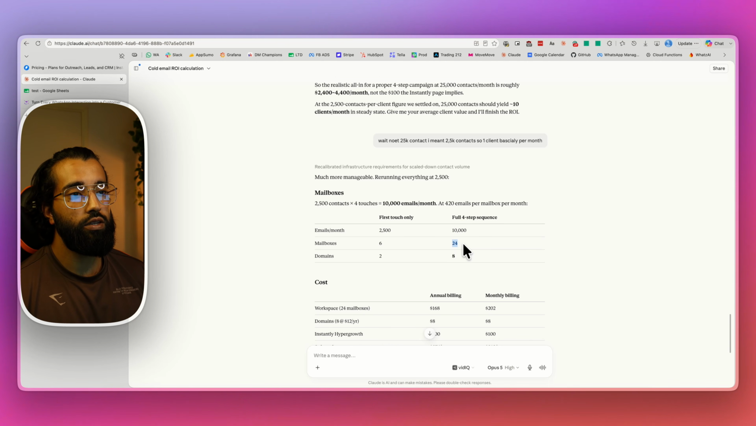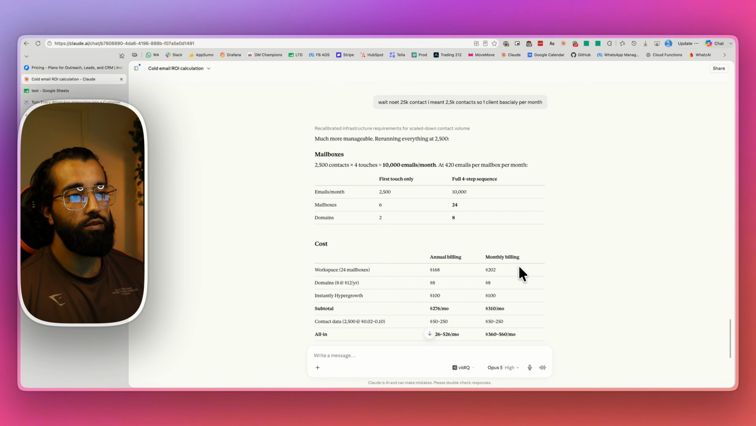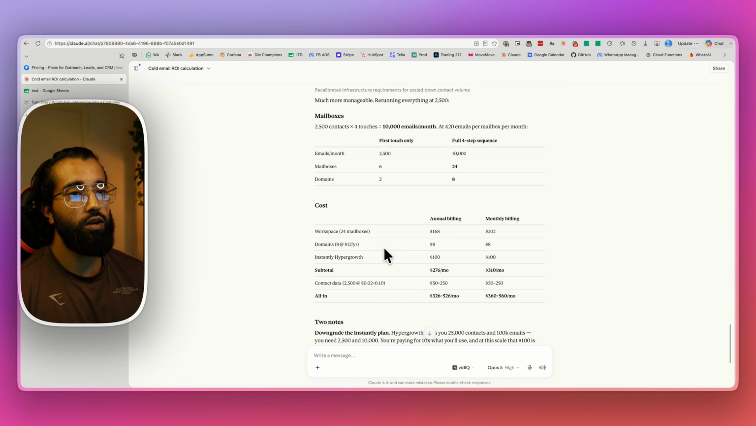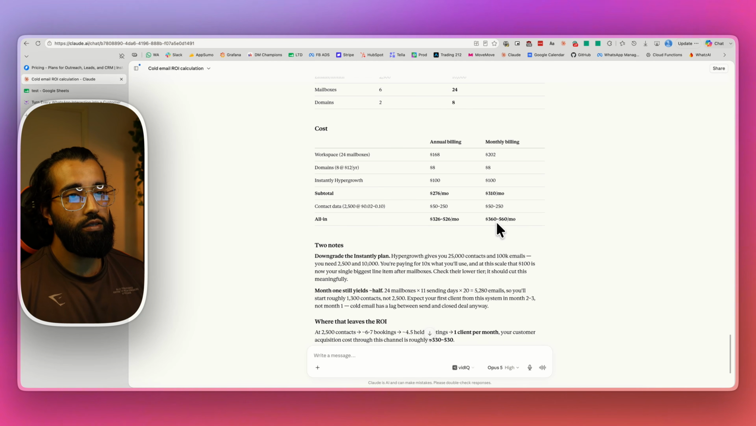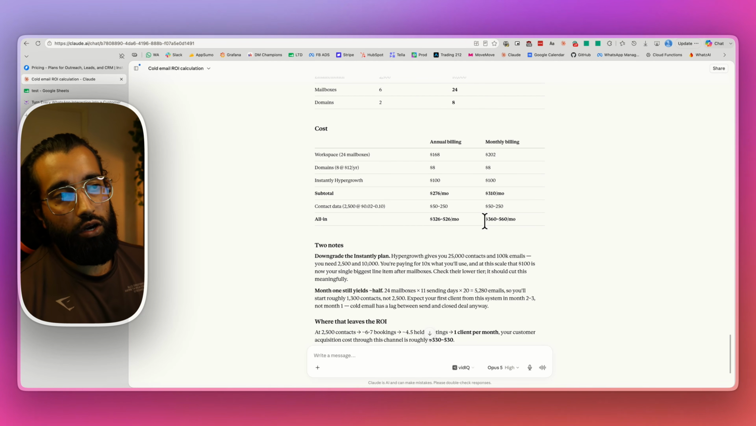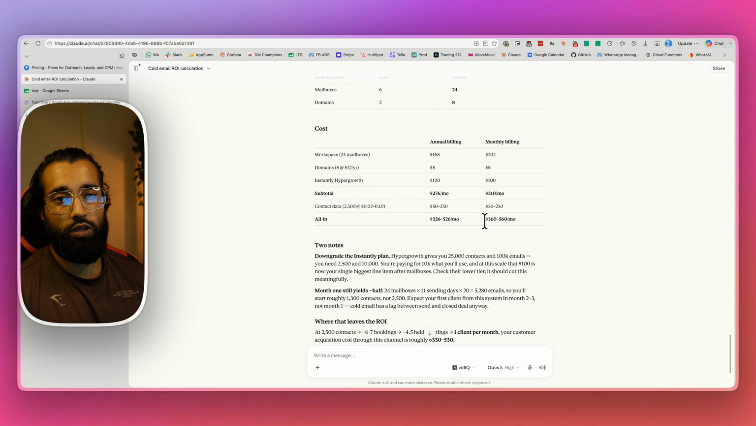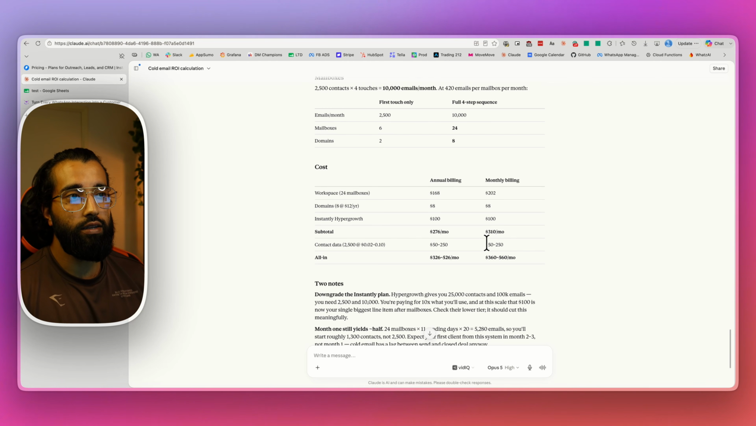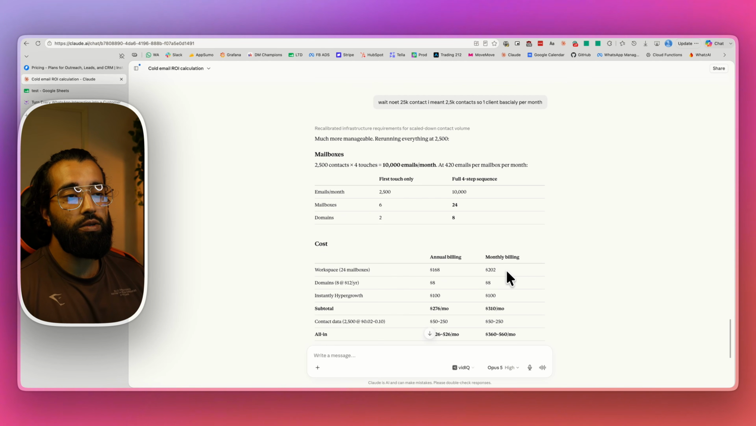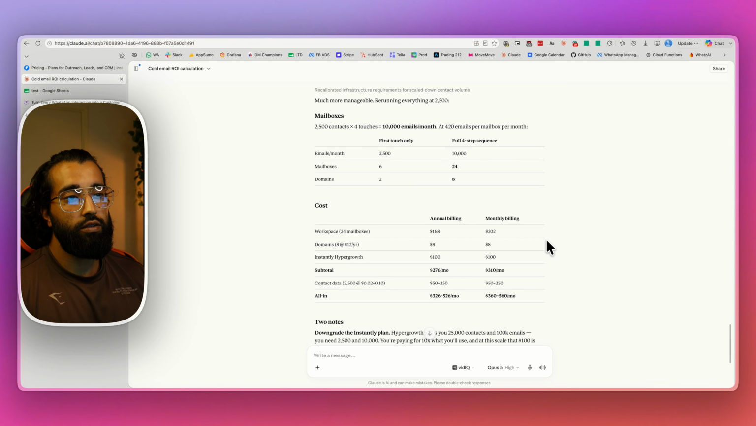So for that, you would need 24 mailboxes and 8 domains. And you can already see the costs here. It also includes estimated contact data. You can see where the problem starts. So the problem isn't that cold emailing doesn't work. It's that it's come to a point where you can get those clients, but it's going to be expensive, and that doesn't mean it's not worth it, because